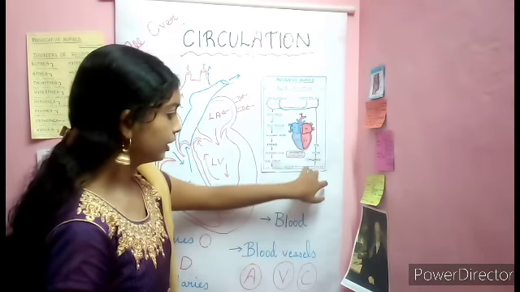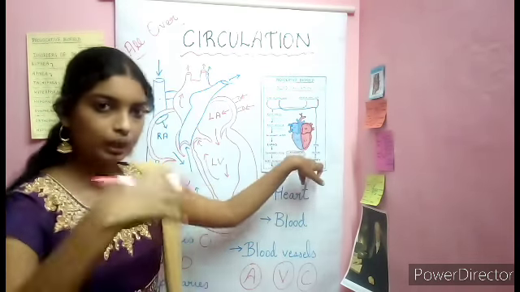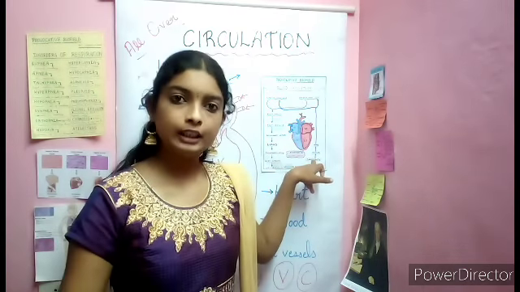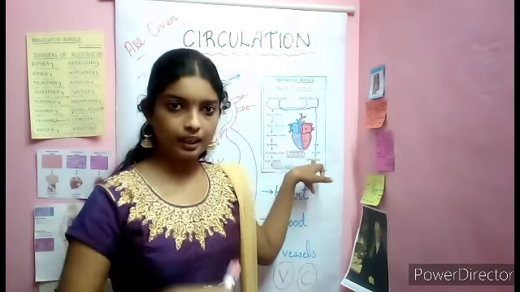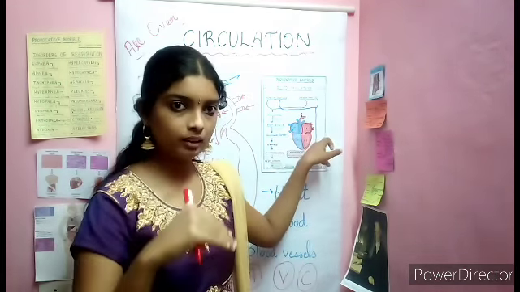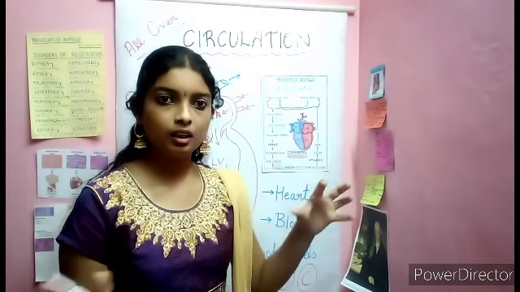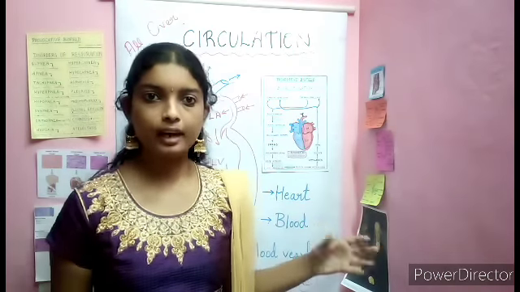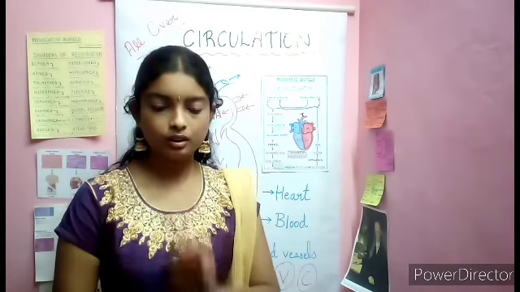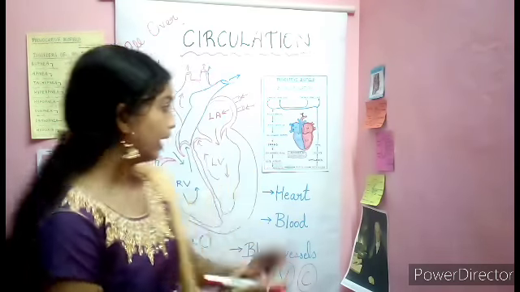So from the arterioles it reaches the capillaries. From the capillaries, the systemic arteries supply all over your body, and deoxygenated blood reaches the capillaries. From the capillaries again to venules, then from the venules to veins, and all the veins carry the deoxygenated blood and it comes to the right atrium. So this circle continues.